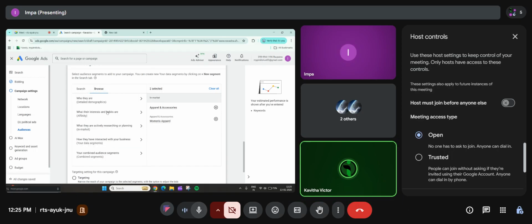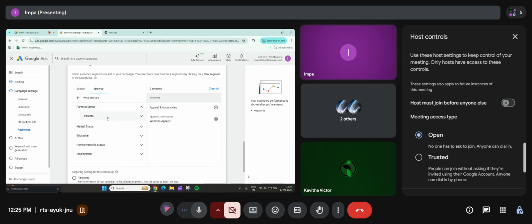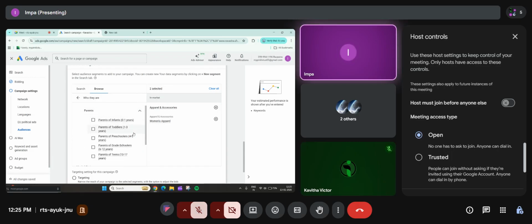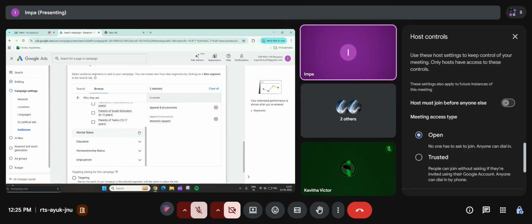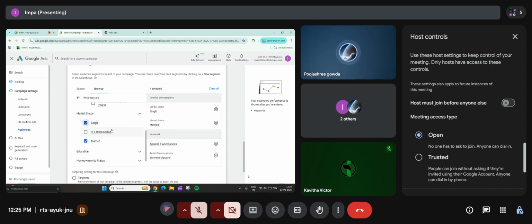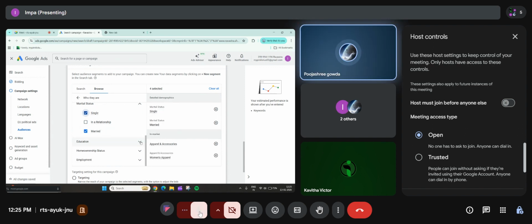See, we have detailed demographics, who they are, what are their interests. Click on that and select it. Parental status, marital status, all the other things. Ma'am, if baby products are there, then we can opt only for them.